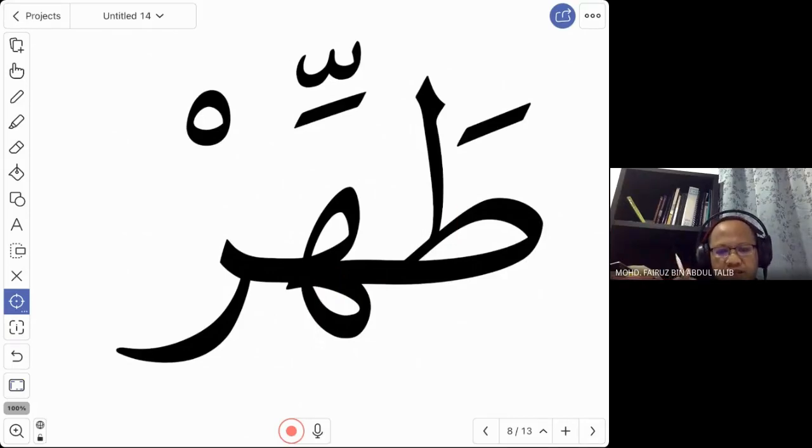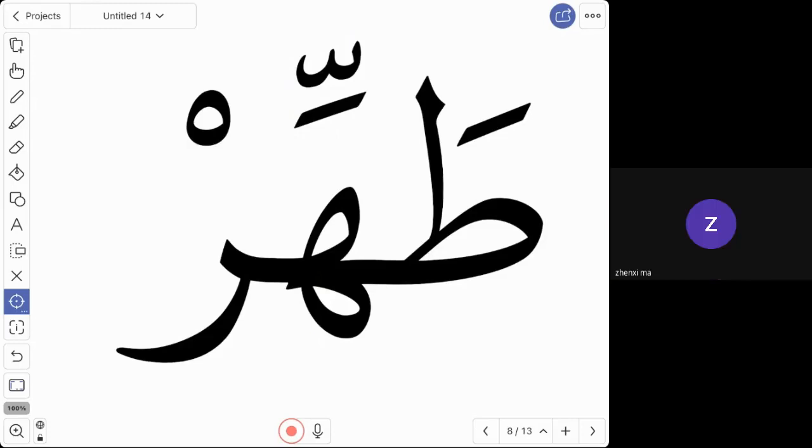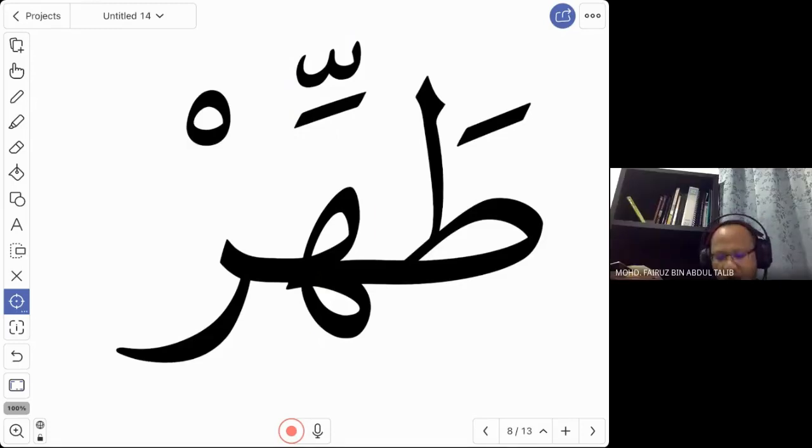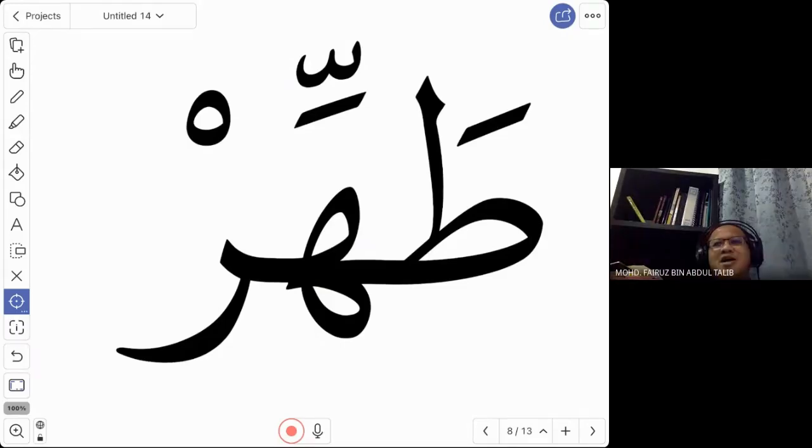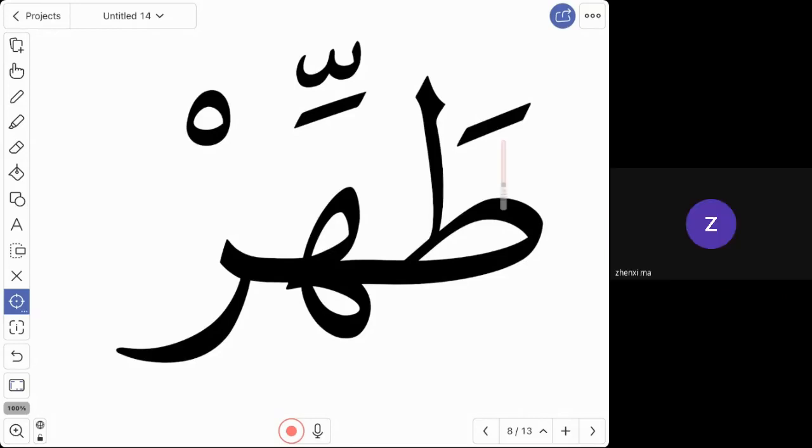But don't go too fast. If you go too fast, you will sound like Tahir. If you say Tahir, you don't produce this sound. It's like having one ha. So you need to say again. Tahil. Good. You need to stop, because we want to produce the second sound. Tahir. Yes, correct. But of course, you don't stop and then take time and then say the rest. No, it is continuous. Tahir. Okay, yes, correct. Thank you.